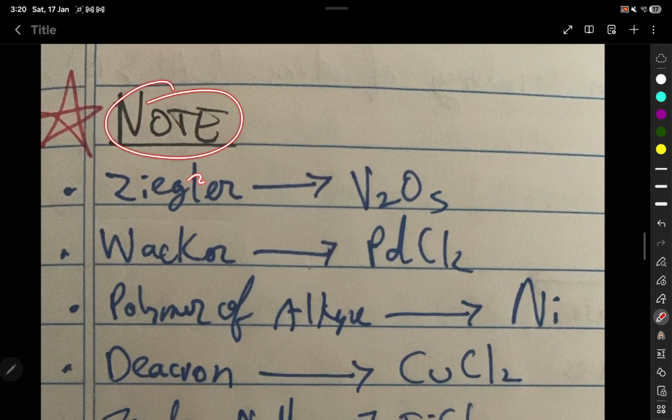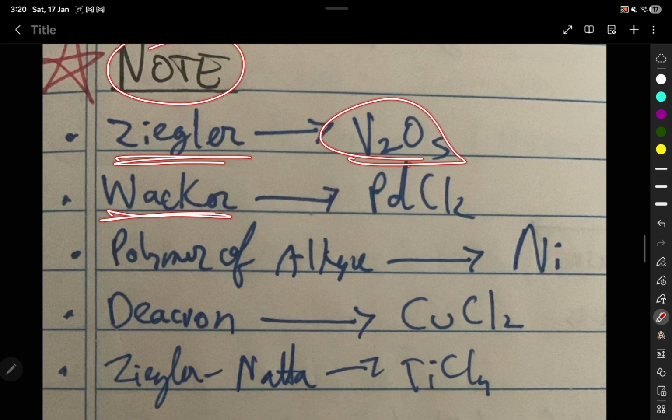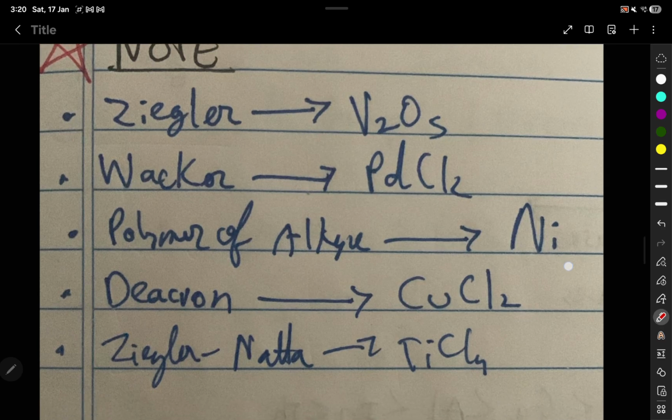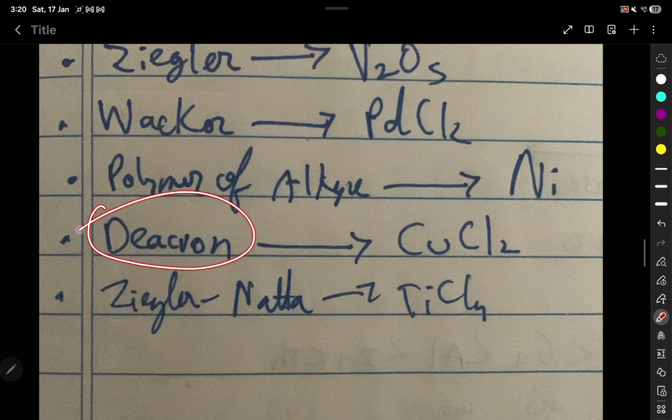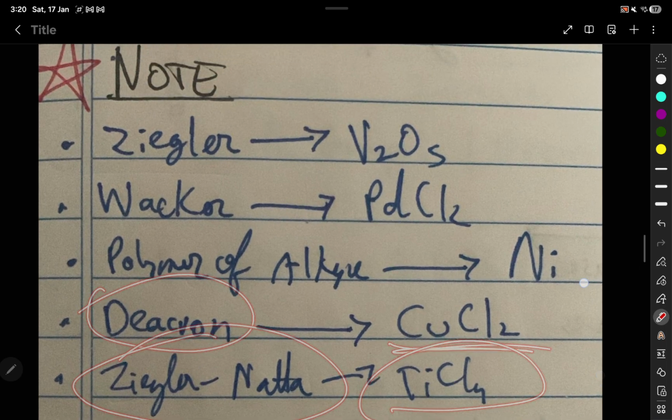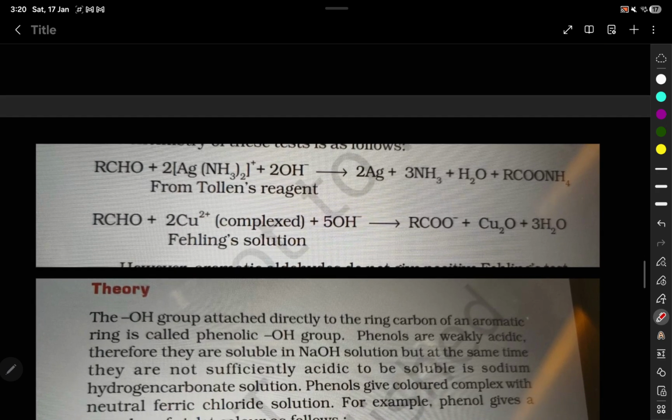And then you have one note sent by Aniket, which is: Ziegler catalyst is V2O5, Wacker process is PdCl2, polymerization of alkynes is by Ni2+, Deacon process is CuCl2, and Ziegler-Natta catalyst is TiCl4. Okay, then